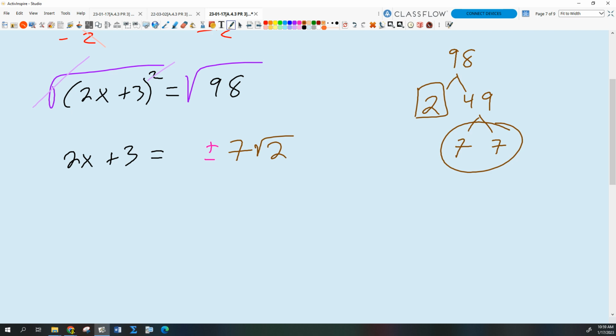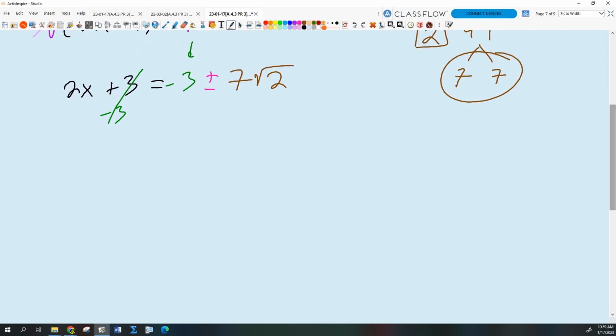Well, okay, I got to subtract 3, don't I? Right? Because now I'm still trying to isolate that x. So next I'm going to subtract 3. Where does it go on the right side? In front of the plus or minus. Good. So we're going to put our -3 there. Those guys cancel. And I get